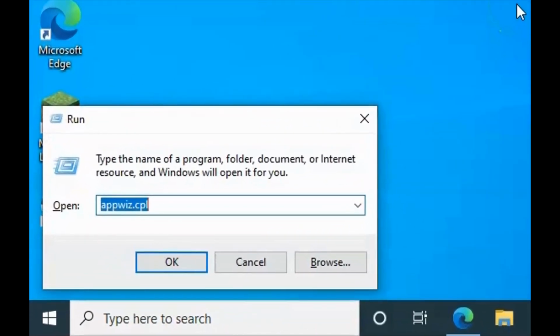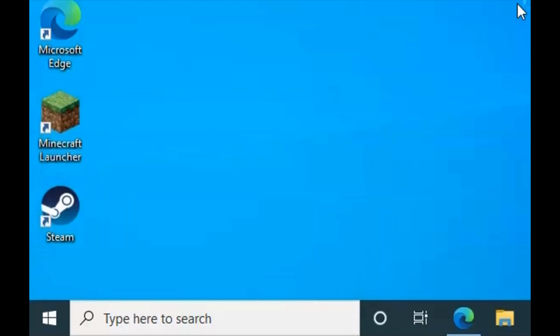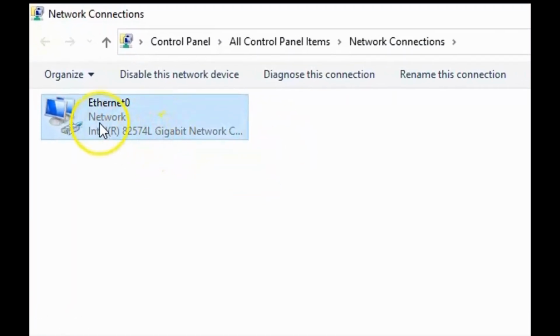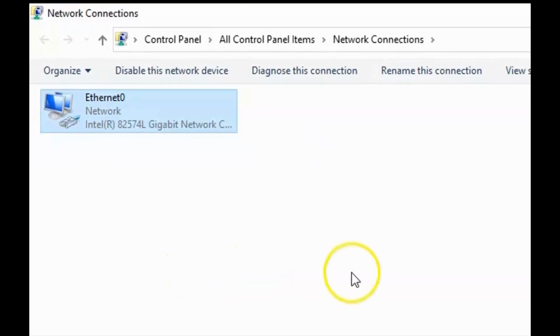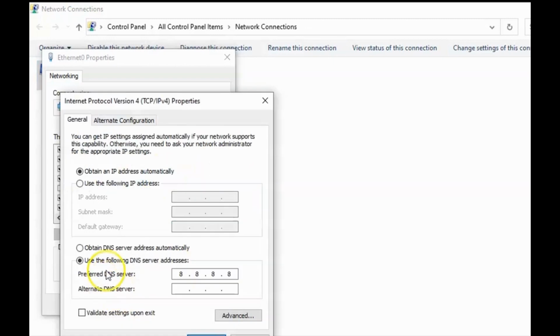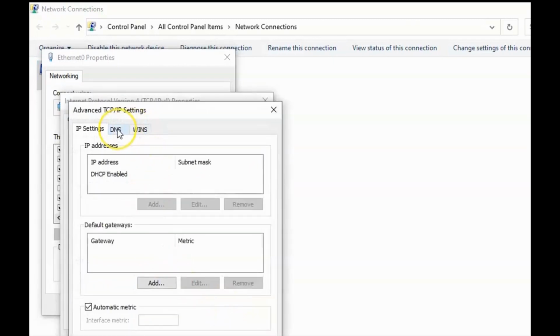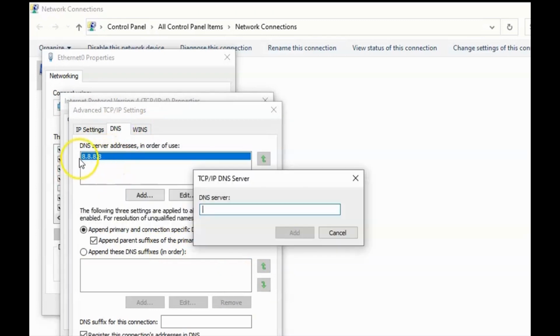Open Run box, press Windows key plus R on your keyboard and then type ncpa.cpl, hit enter. This is the Ethernet adapter. Right click on the Ethernet adapter and go to properties. In the properties, click on IPv4 TCP/IP, then click on advanced, click on DNS and click on add. Here we have to add